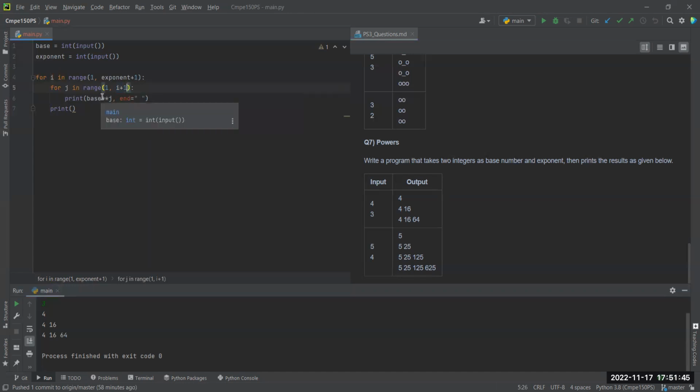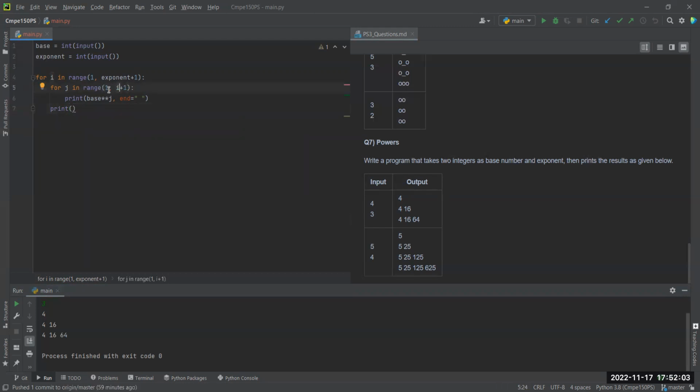So it should be base, and for this example, base is 4, and the j is just 1 here, and it should print 4. And then it will take 2 here, and then we will operate with the range function